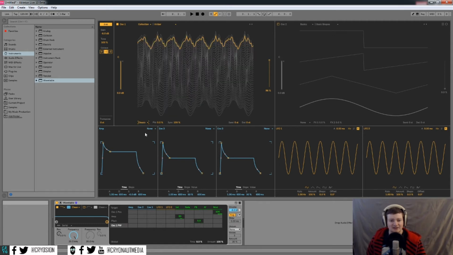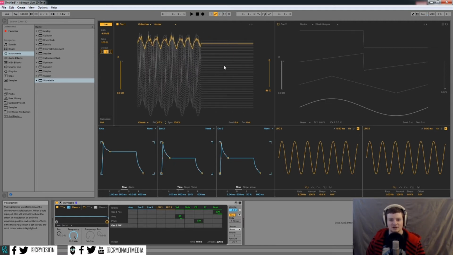Then you also have Classic, and this is basically going to be controlling the pulse width and sync. So this is basically the waveform here, and when you adjust the pulse width, it's going to be adjusting how long it takes to go through here, and then just making this last bit elongated. So it really impacts the sound. So if we reset this,